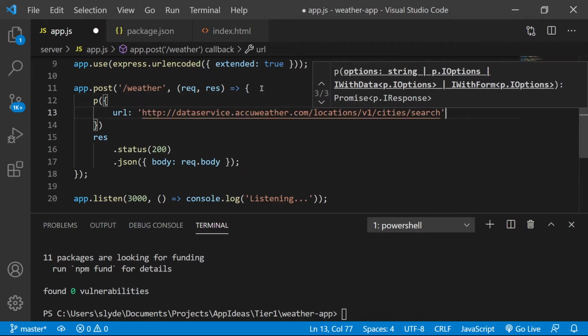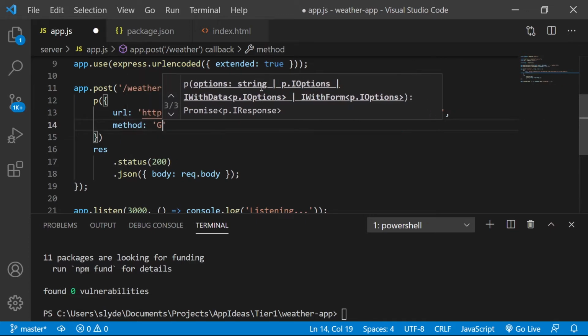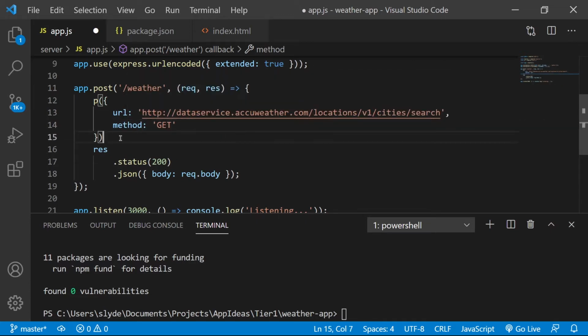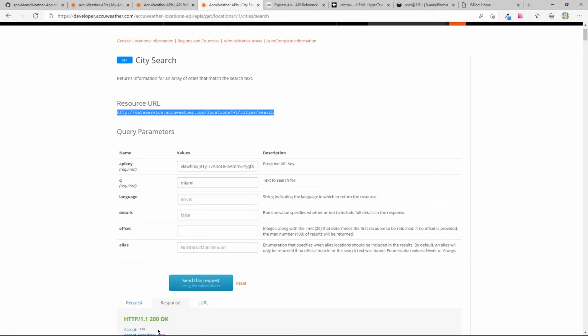Let's make it this. I'll include the other stuff in a second. This is get. Comment that out. Here I'll need my query parameters. So those are going to be my API key and q, which is the text to search for.